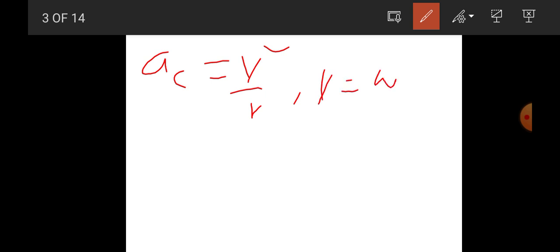So centripetal acceleration is always directed toward the center. Therefore centripetal acceleration is equals to v square over r. V is equals to omega times r. አሁን v አልተሰጠንም፣ ስፒድ አልተሰጠንም፣ እንደገና ኦሜጋ የለንም። ኦሜጋ ማለት አንጉላር ቬሎሲቲ ነው። አንጉላር ቬሎሲቲ is equals to angular displacement